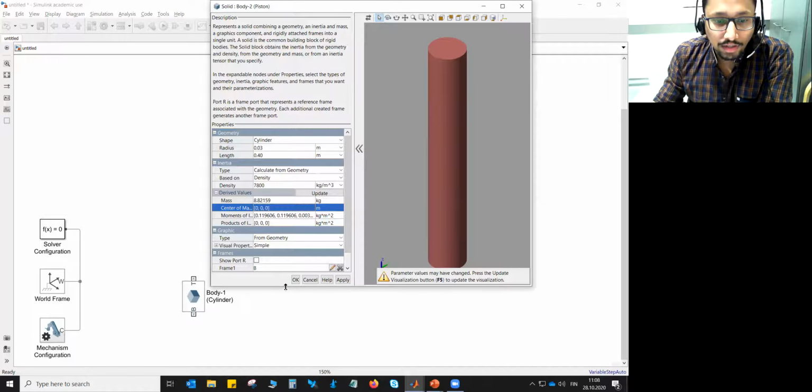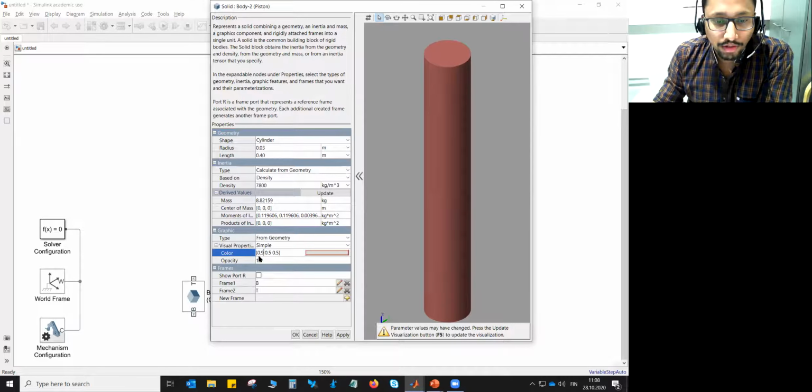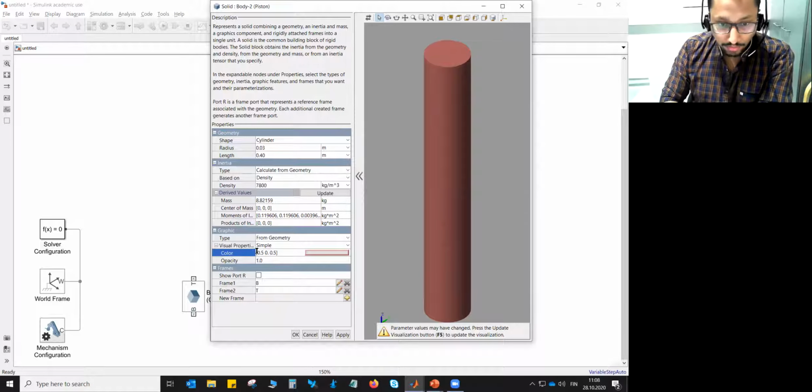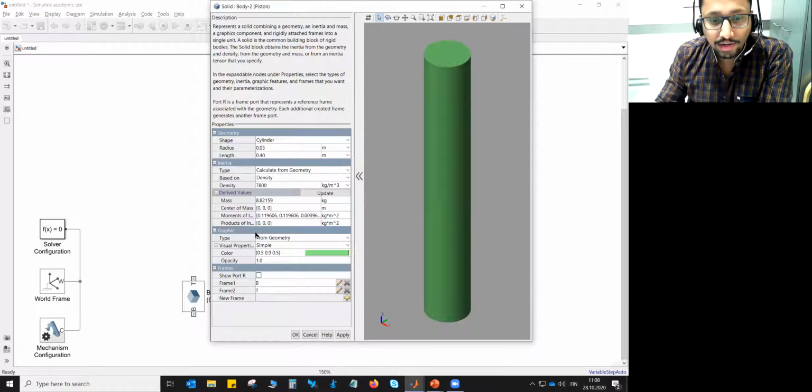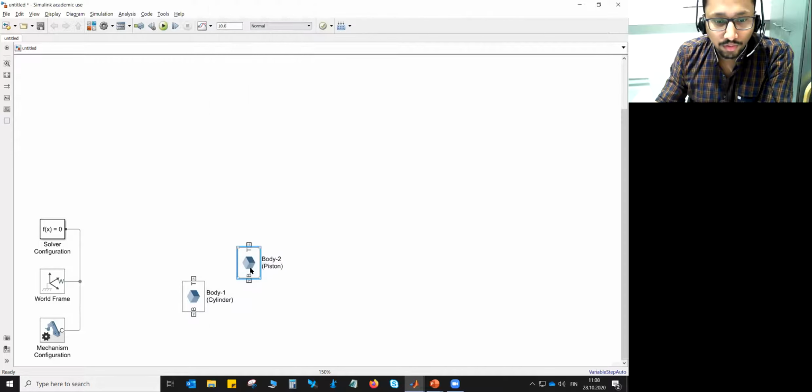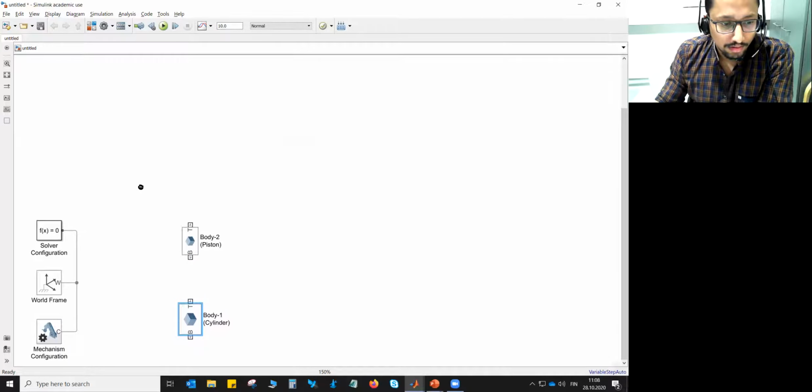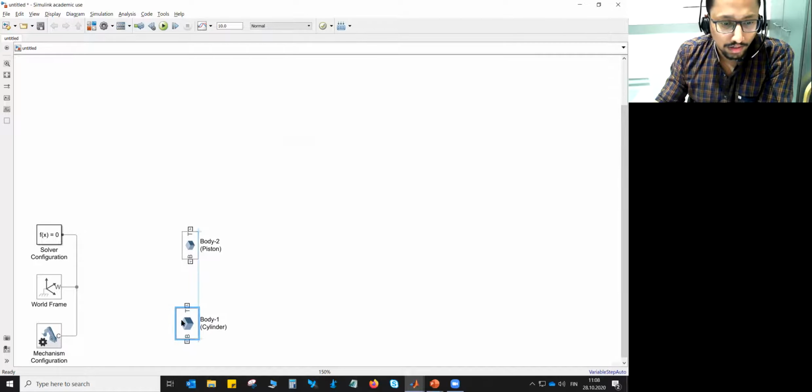And in the graphics, I want it to be green in color this time. So let me change the RGB green value to be more than the others. Enter and F5, and the frames will be taken care of automatically. So no worries. Then we need to press OK. So our body 2 is ready too. You can shape the blocks as you want. It's nice to shape it, but it's not a requirement, of course.